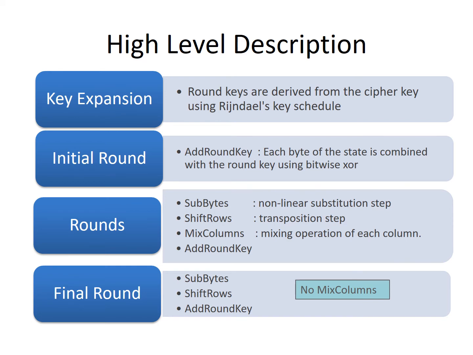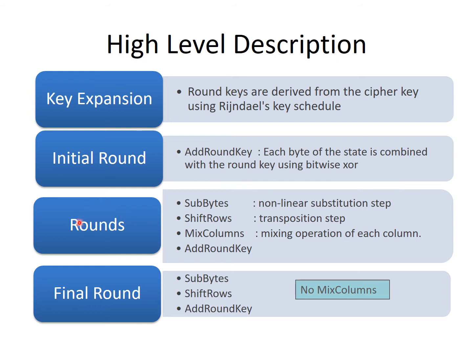So coming to the AES encryption process, as I told you, the major parts are key expansion, and the pre-round or initial round operation. Then n number of rounds will be there. In that, the final round will be slightly different. The key expansion process we will see in detail. In the initial round, we are executing only one operation, known as add round key. What it is, we will see.